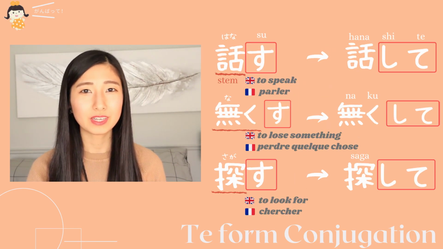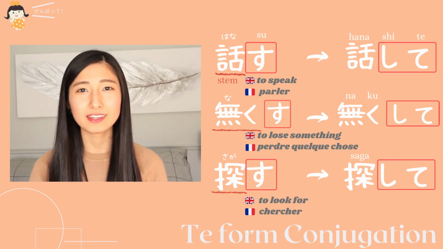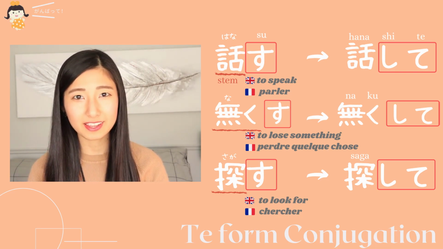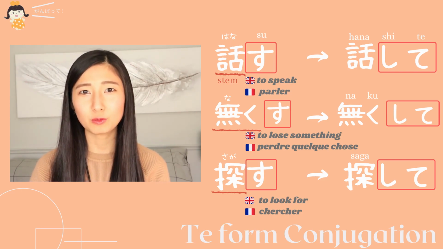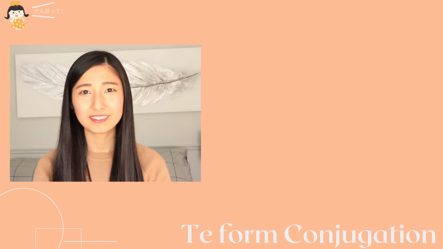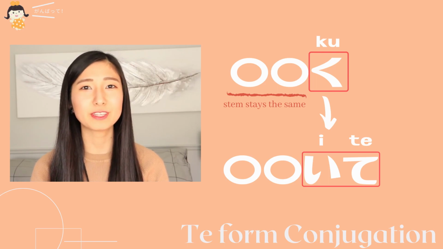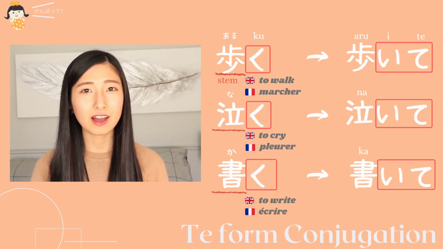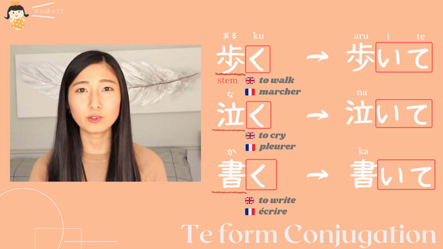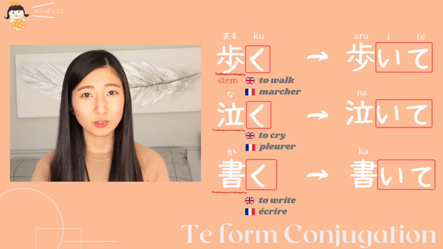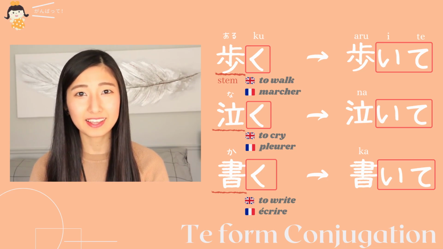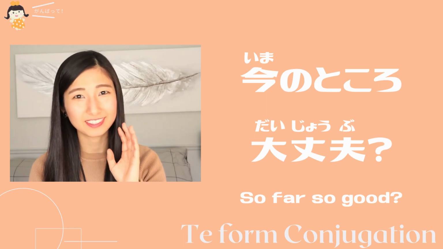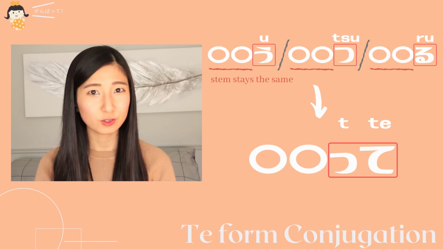For example, 話す will be 話して。なくす will be なくして。探す will be 探して。Next, if the dictionary form ends with ku, ku changes to いて。For example, 歩く becomes 歩いて。泣く will be 泣いて。書く will be 書いて。今のところ大丈夫？ If the dictionary form ends with u, tsu, or ru,